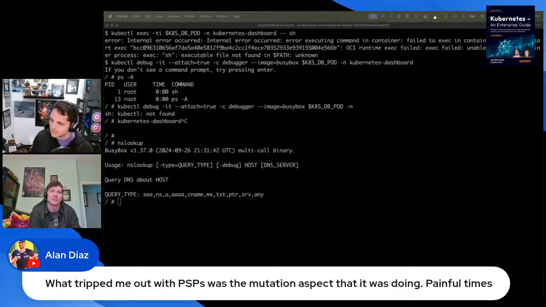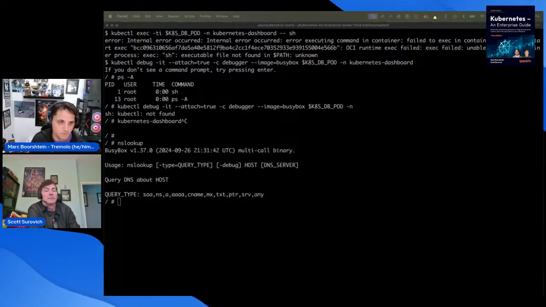But we're actually going to get started here. One of the things I liked about PSPs was that it made it so that you could have sane defaults. I am a big fan from a security standpoint of sane defaults, right? We talked about last chapter, if I can make it so that if you don't specify what security you want, you're getting some sane defaults like non-root, no privileges being requested, dropping all privileges, all the other security settings.